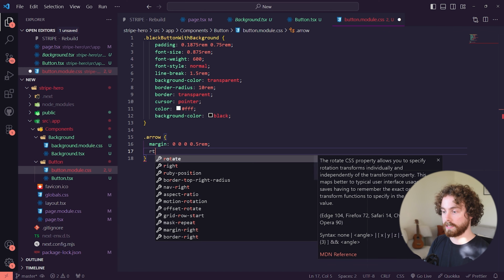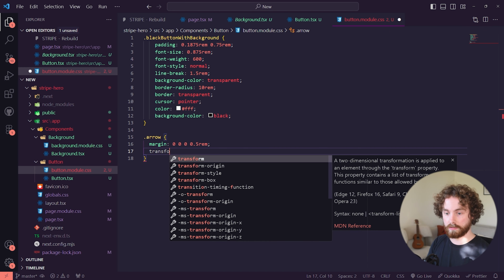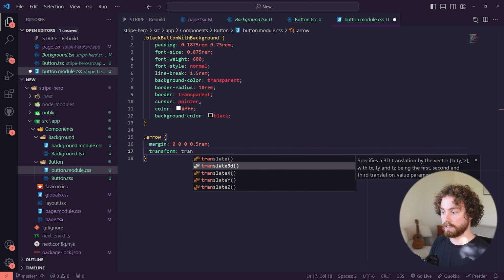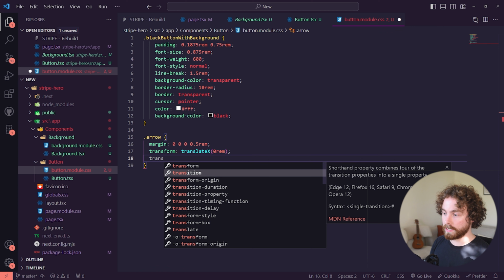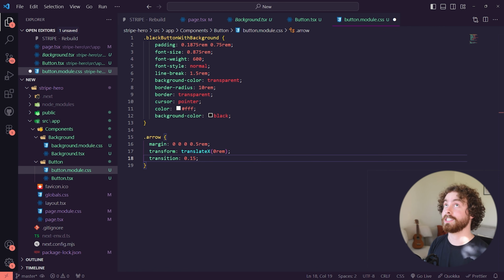Let's give it a transform or something like, I don't know. Let's set the default as being 0 rem, just so that's its original position. And let's give it a transition so we have a smooth effect when we do the hover. Okay, cool. Save that. And just to make sure that works properly,